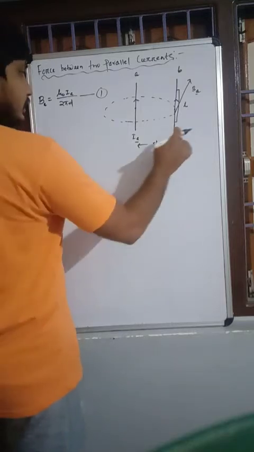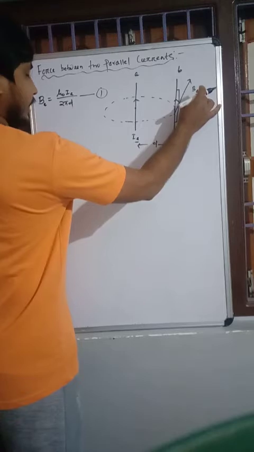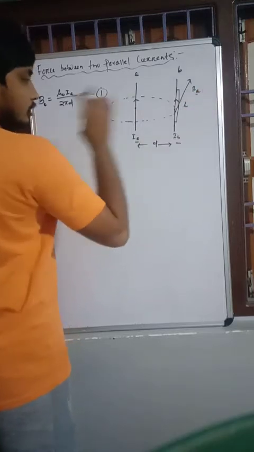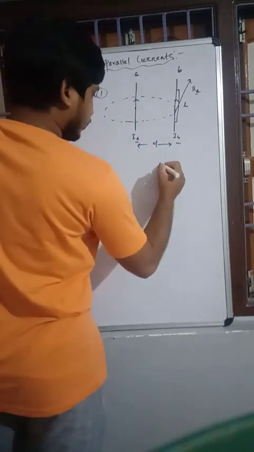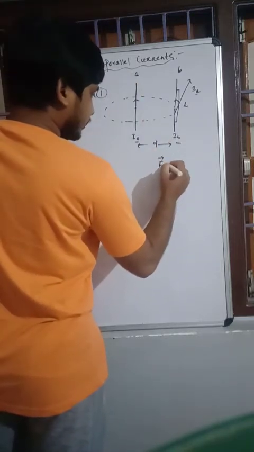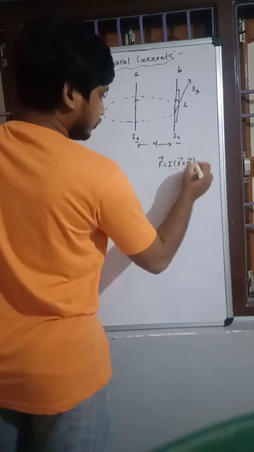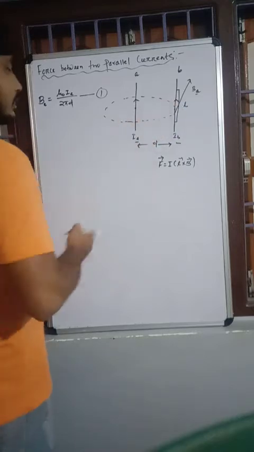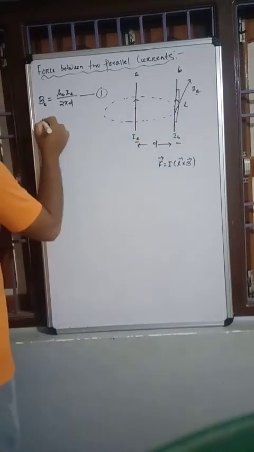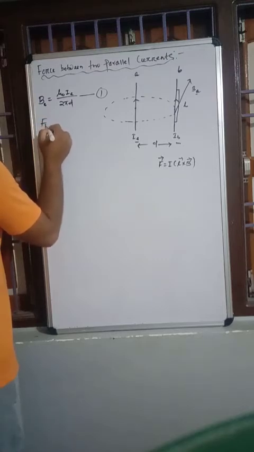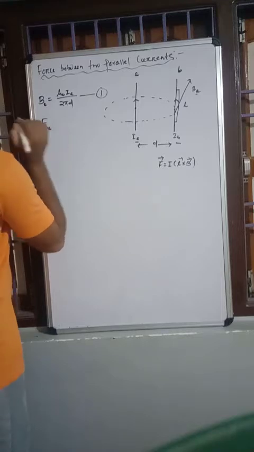So when this IB is present here, this magnetic field BA will exert a force on this IB, which is given by, we know that force acting on a current carrying element is given by F equal to I times L cross B. So in this case, the force acting on the conductor B, I will write it FBA, force acting on B due to A